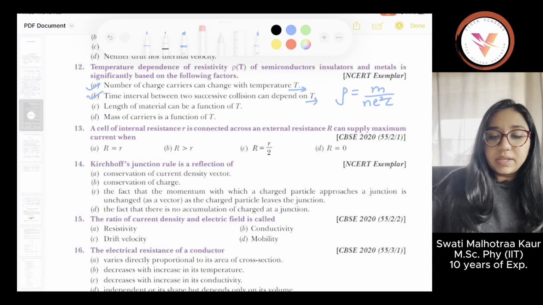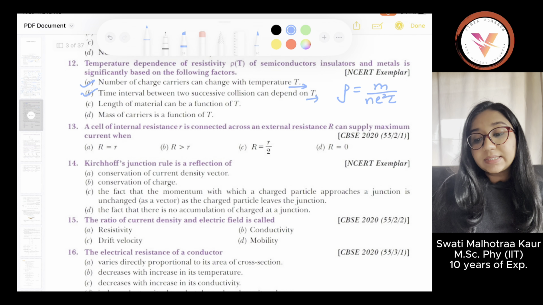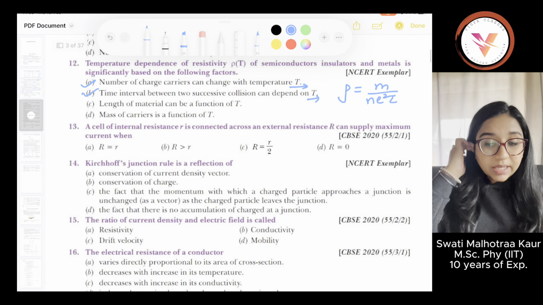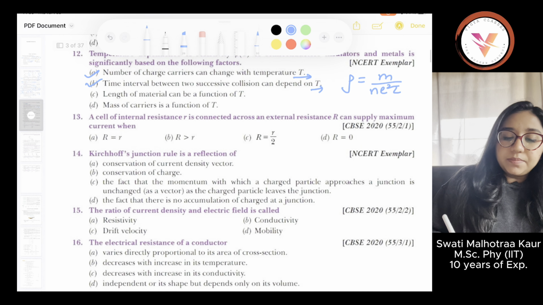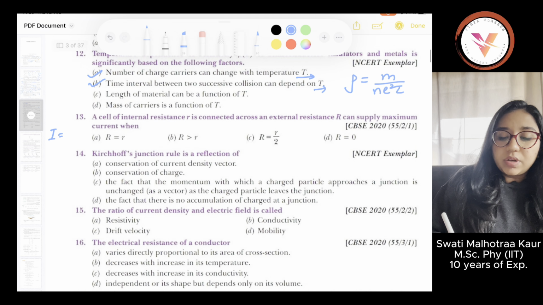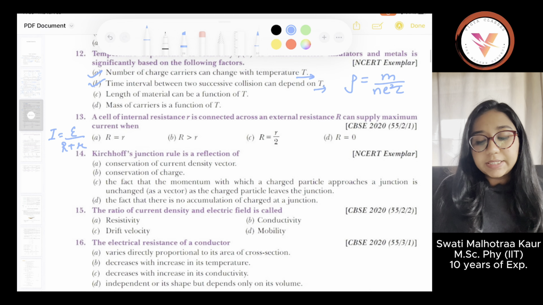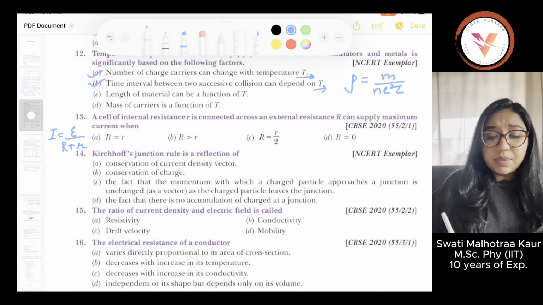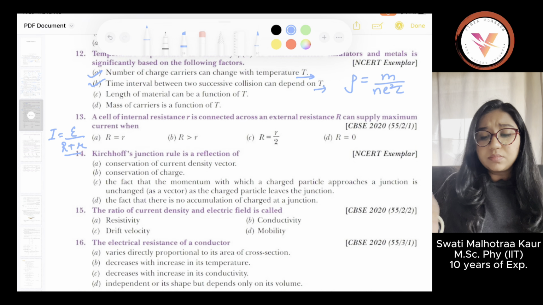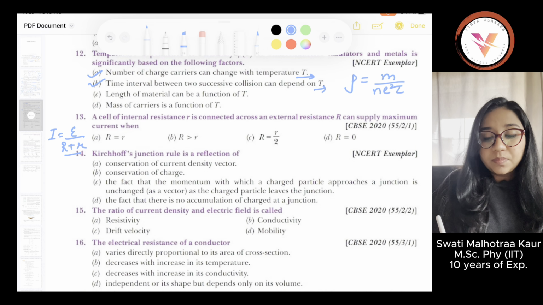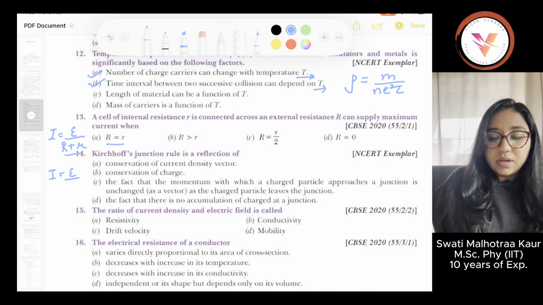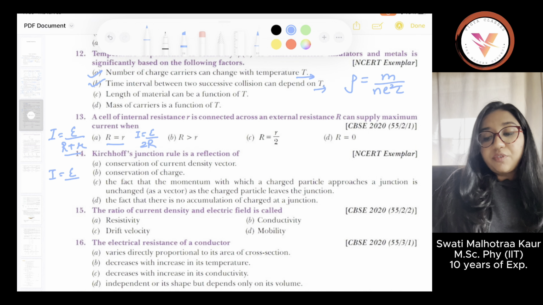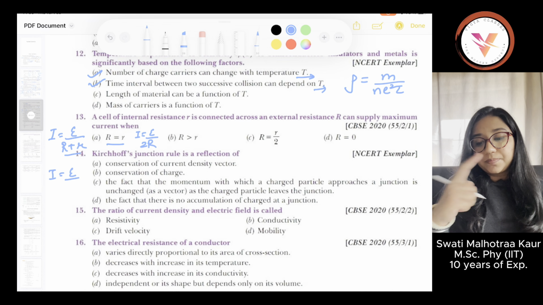Okay, so in the next question, you have a cell of internal resistance r connected across an external resistance capital R that can supply maximum current. So your current is basically I equals E over R plus small r. So for the maximum current, the denominator should be less. So I can check with the hit and trial method. For R equal to r, your I is simply E by 2r, right? Now, if R is very, very much greater than small r,